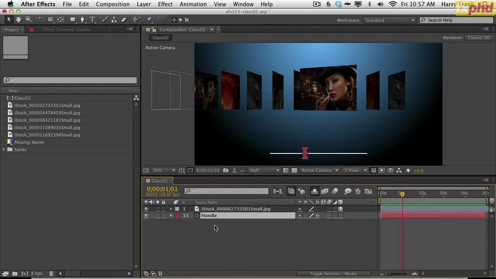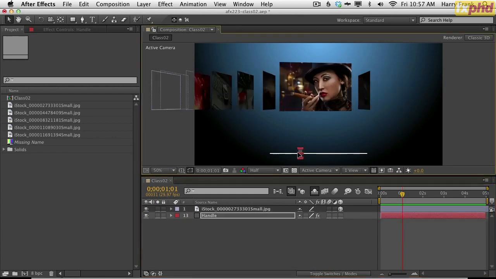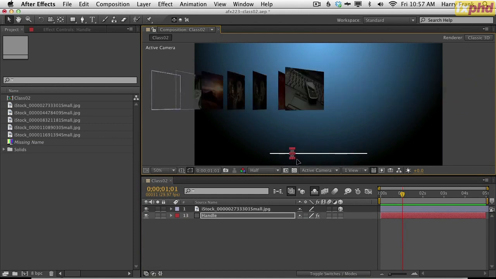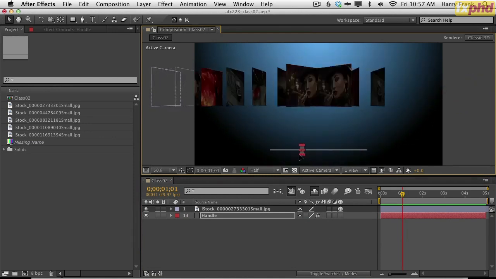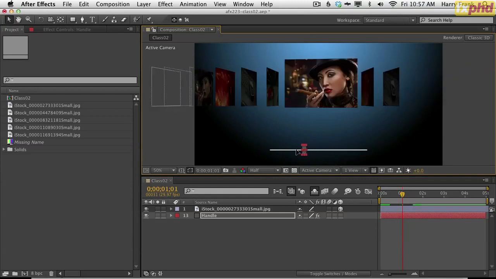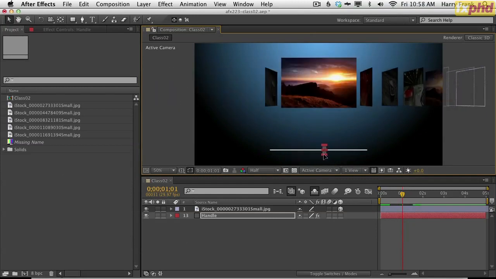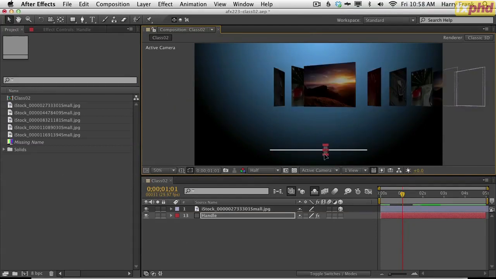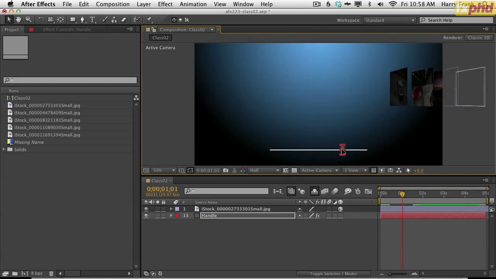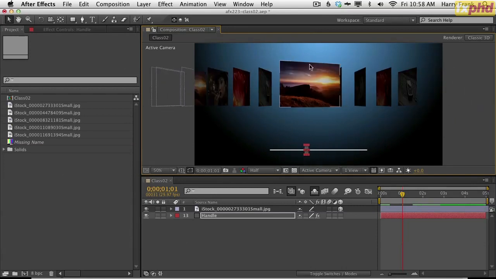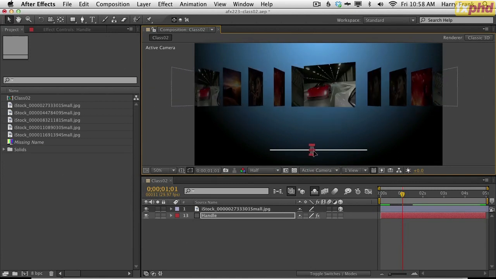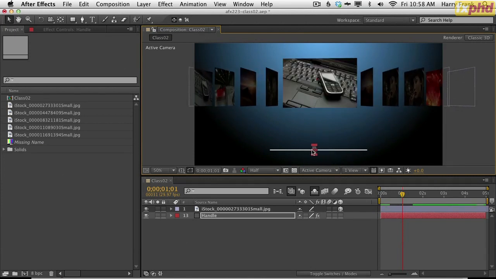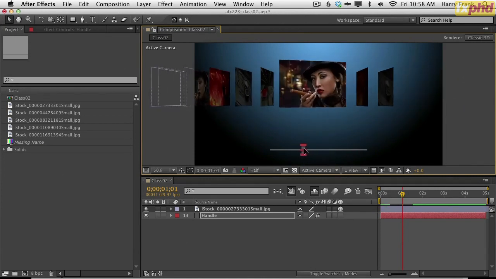So first, let's visualize what we want to do. Right now, I'm using this little controller down here to drive the animation. There probably could be a number of ways of doing this. I guess I could set up a slider control using an expression controller, but I'm just going to use this little solid down here. I'm going to have this x position drive the positions and rotation values of these images up here, and have all of them do all the proper offsets from each other and sort of transition in and out like that,